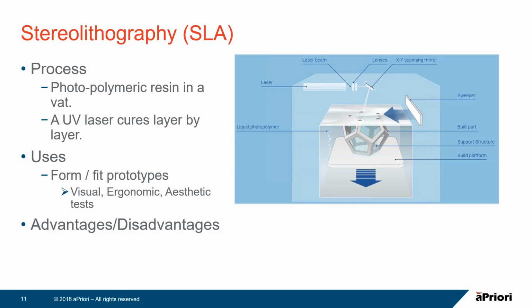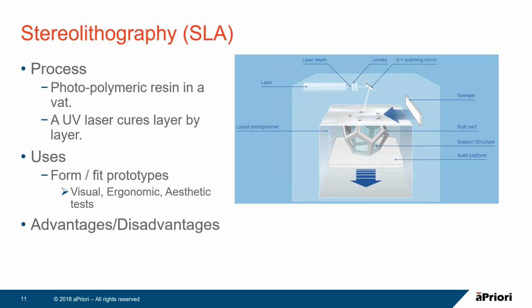There's a fine detail that can be achieved with stereolithography down to 50 microns. And one of the big advantages is the part size as well. So parts up to a size of 1.5 by 0.75 by 0.5 meters. The disadvantages with stereolithography are the parts can be brittle, and because they have support structures, they require some post-processing to